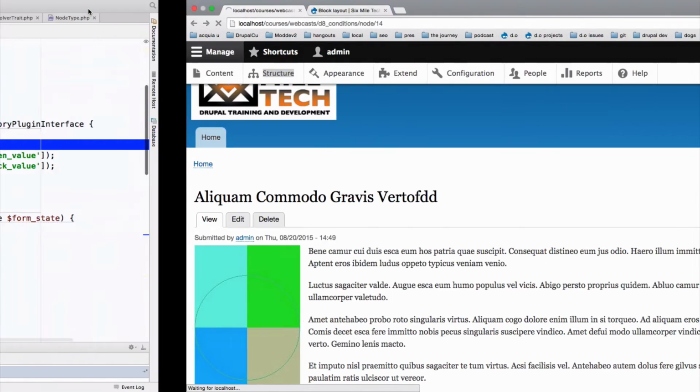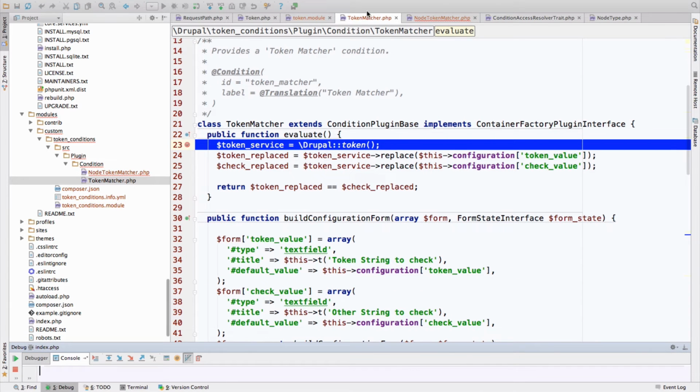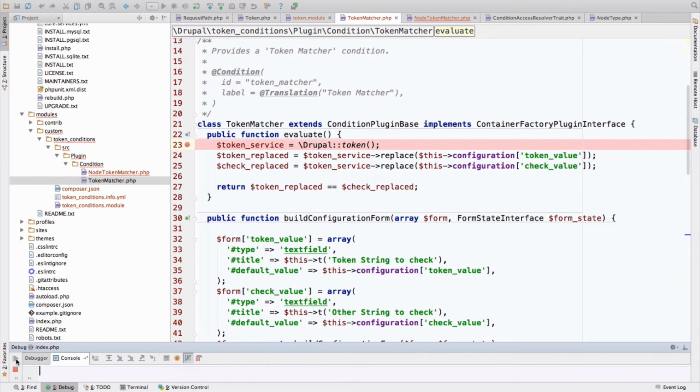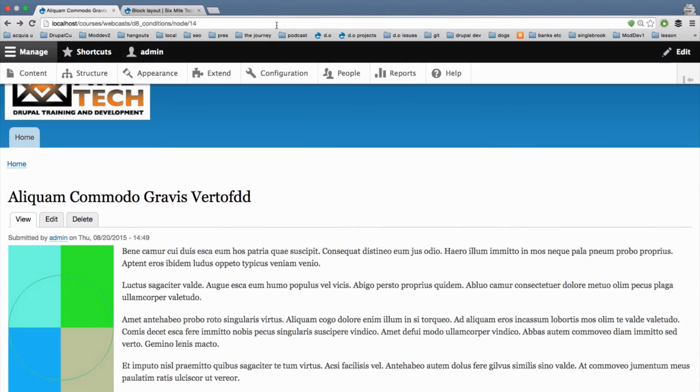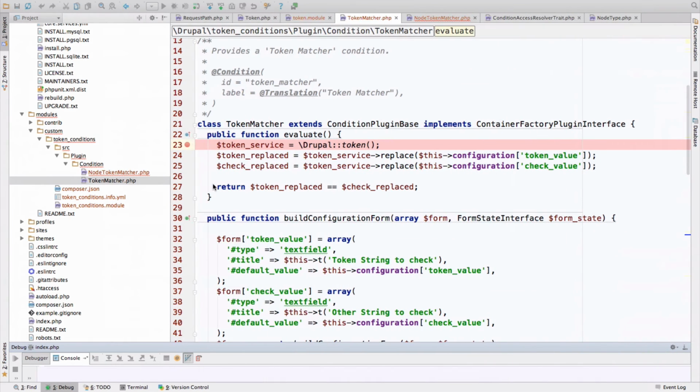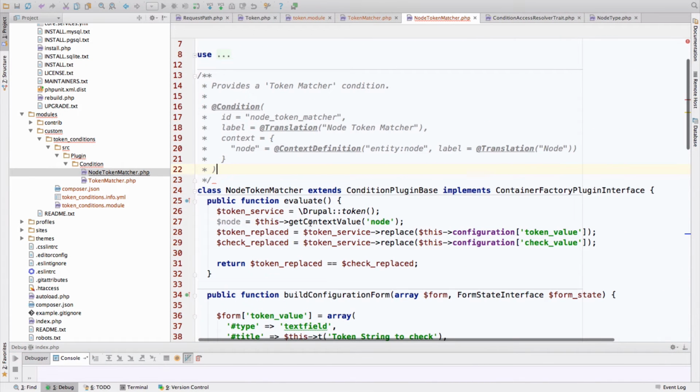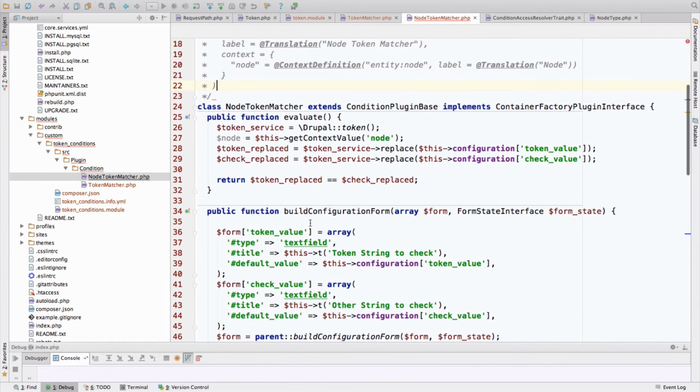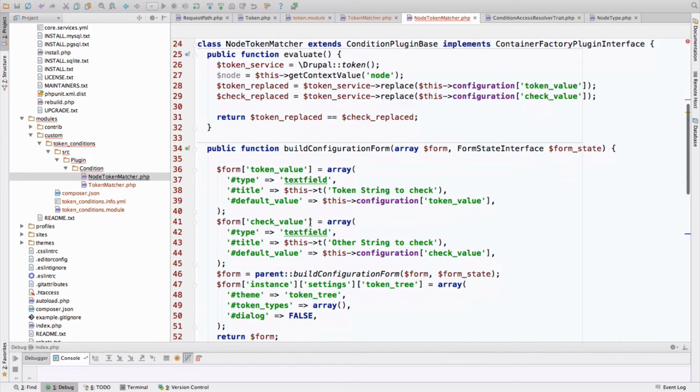So let's reload this. Now we see in our token matcher it does hit our condition. It's not going to evaluate true because we're not on the login page. But now we would have two ways to do this. If you think about it, if we look at our node token matcher, it's going to be almost exactly the same, except for